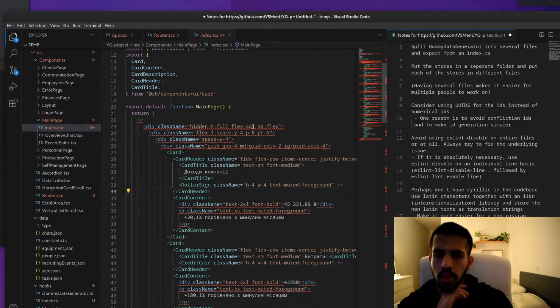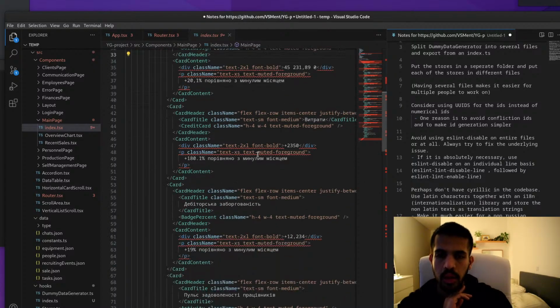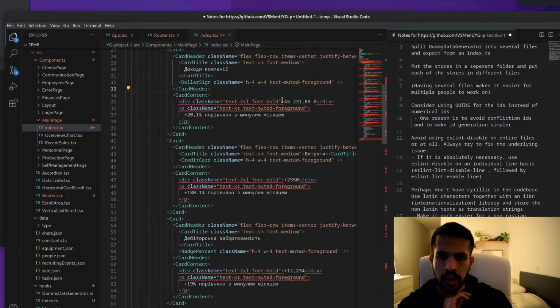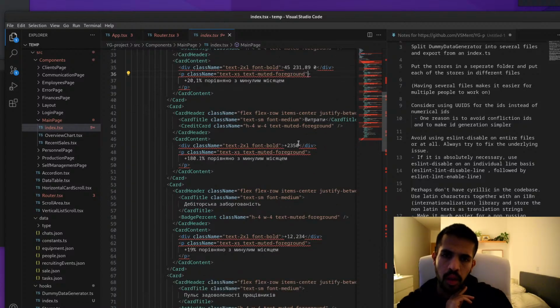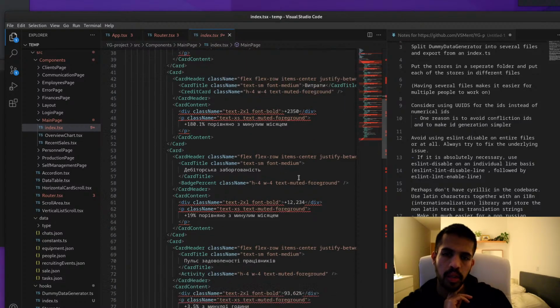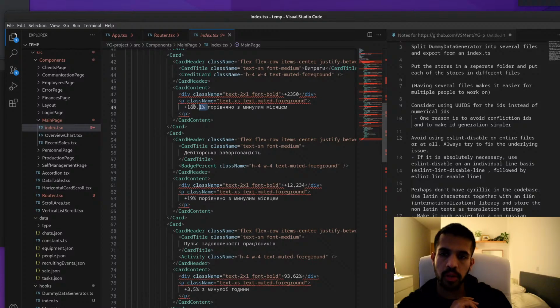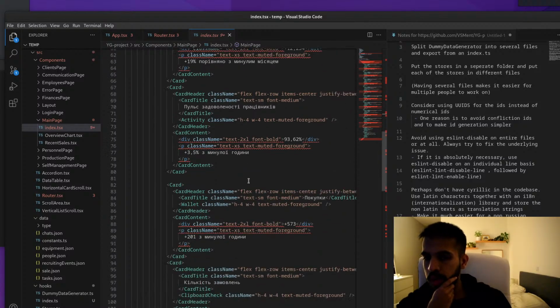Right, I'm looking at this. There are some numbers in the string itself. This is a currency indicator. So I see that he hasn't actually got around to formatting these, with actual values instead of these mock values.